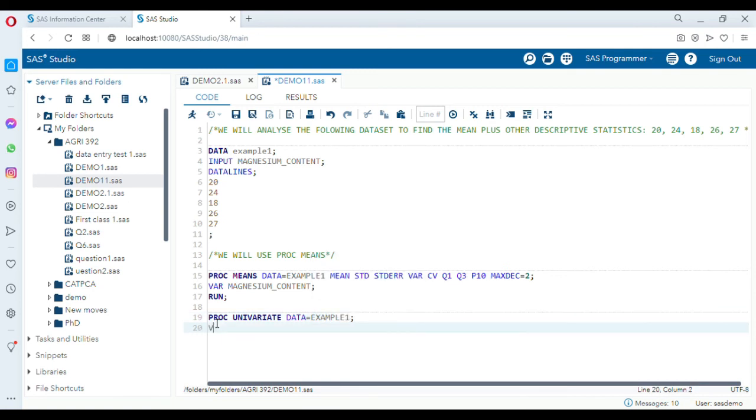And then we want to run this procedure on a particular variable, which is magnesium content. You realize that we don't have a lot of variables, so even if we don't declare it, the univariate procedure will still be carried out on that one single variable that is in the data set, and then we run. So ideally we do not need this statement in this particular data set. We would have just written that and then we run. And then of course